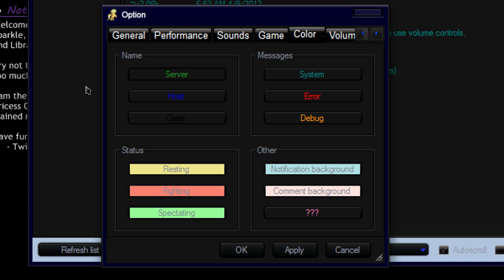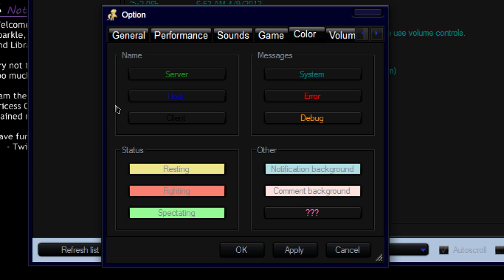If the server or the server administrator says something, the name will appear green. If a host says something, it will appear blue, and if a client says something, it will appear black or white or I don't know what it actually is. I think it's black anyway.